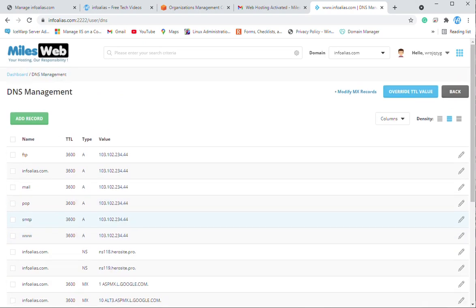We'll also verify that once we have moved the name servers from MilesWeb to Route 53, it will be visible and accessible publicly, so anyone who wants to resolve infoalias.com can do so easily.